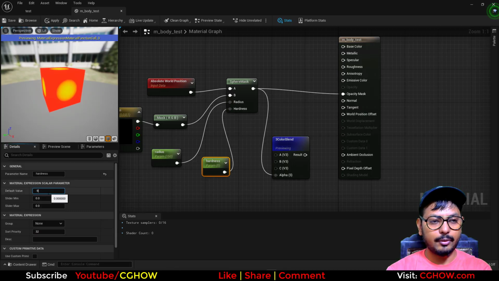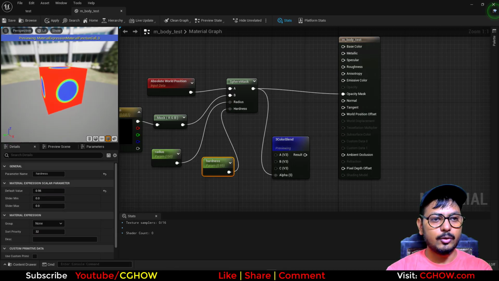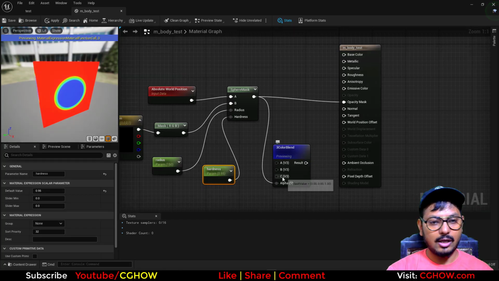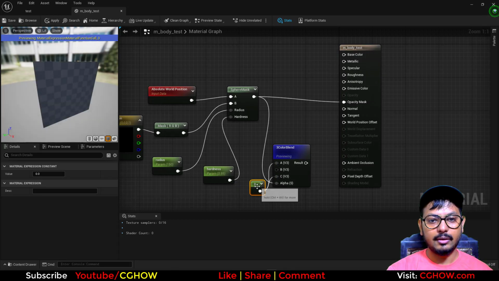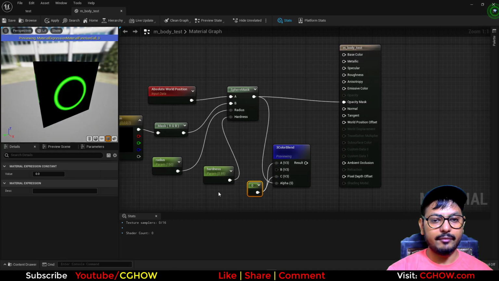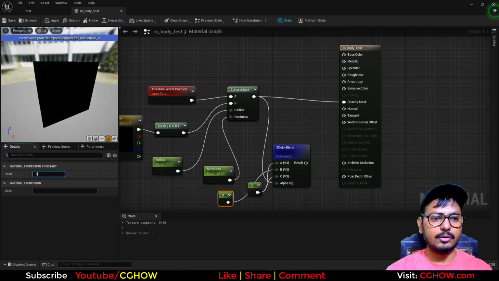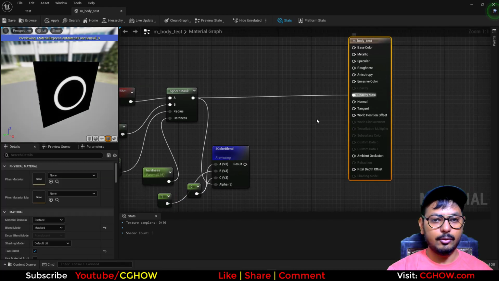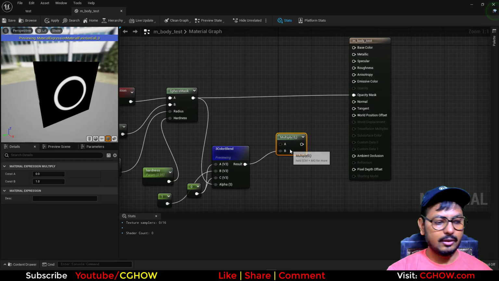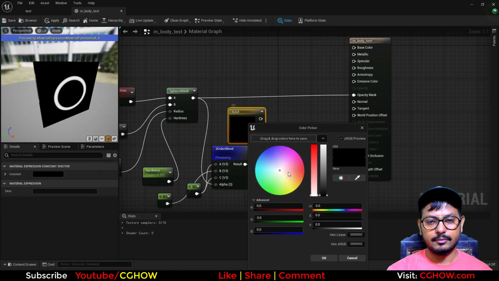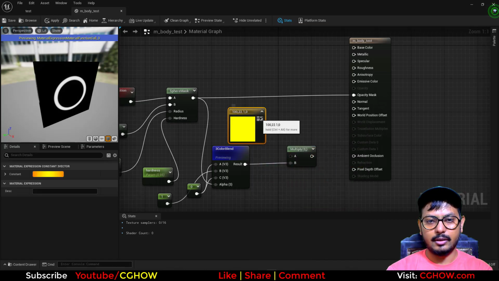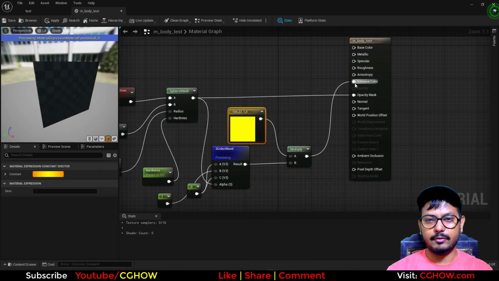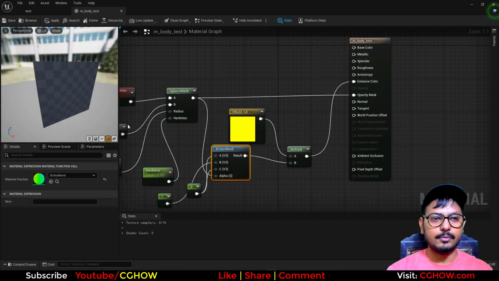And if you decrease this, you will see 3 colors. So if I make it 0.95 around, you will have 3 colors, and this G is your edge and this is your RGB. So I want to make my R and B black, and now I have the G, so I'll make it 1, so this will be white. And now you can multiply this with the color,